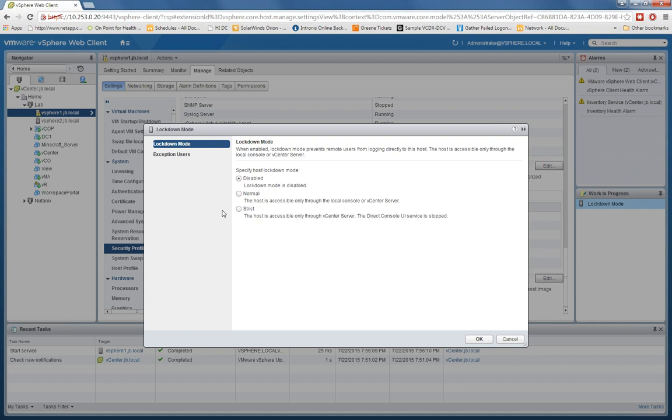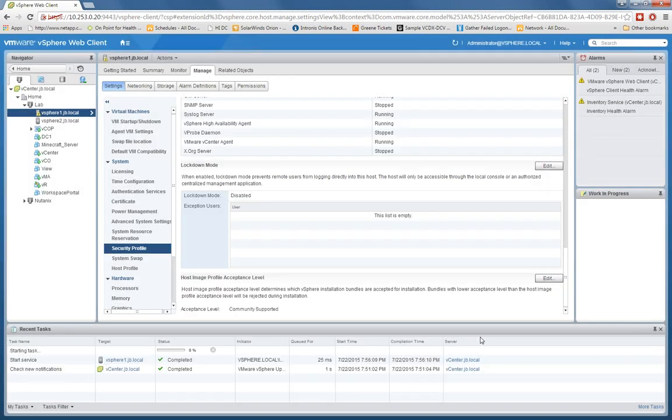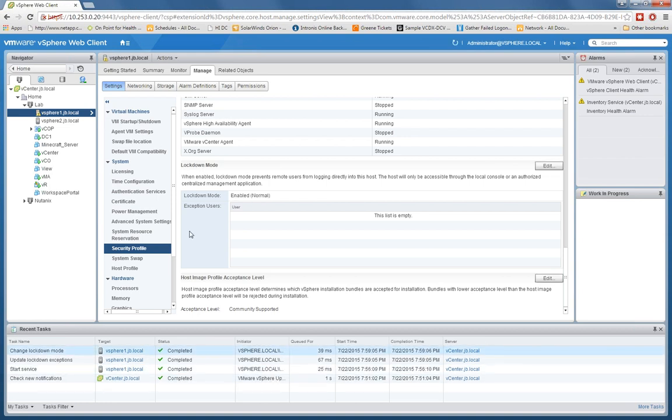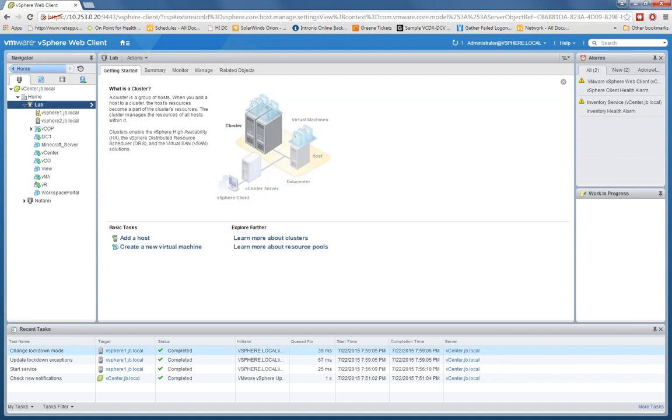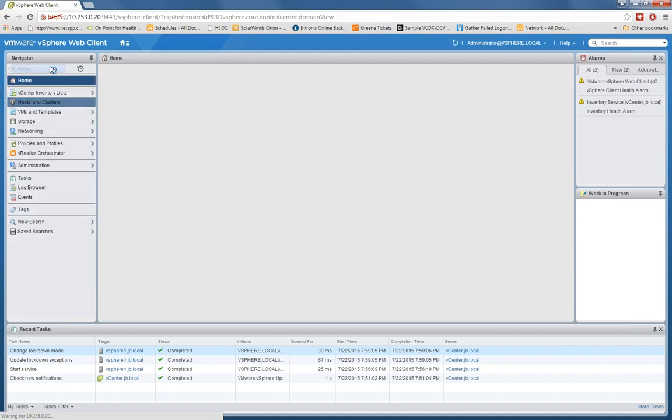I'm sure there's a KB out there somewhere that shows you how to go into the ESX and do that, but that's a little bit higher level than what this VCP course is going to do. So we'll just go into the normal mode. Hit our OK button. We'll wait for the task to come up, and it shows that it's in lockdown mode. What I'm going to do here is go all the way back out, and we're going to go back in,